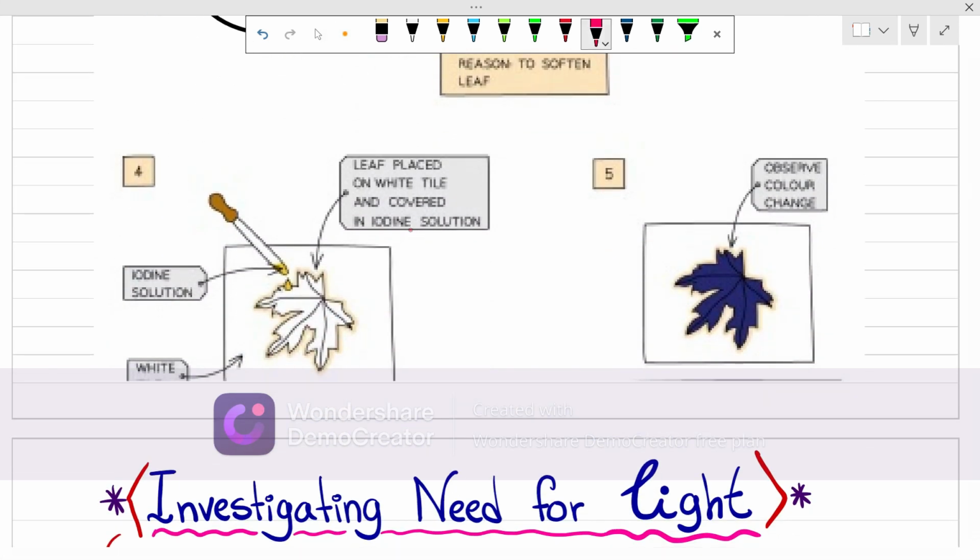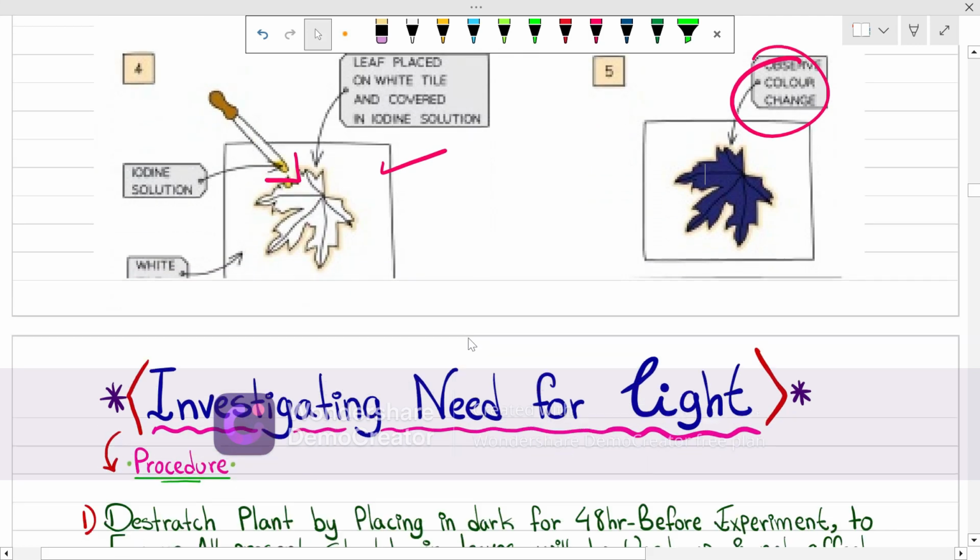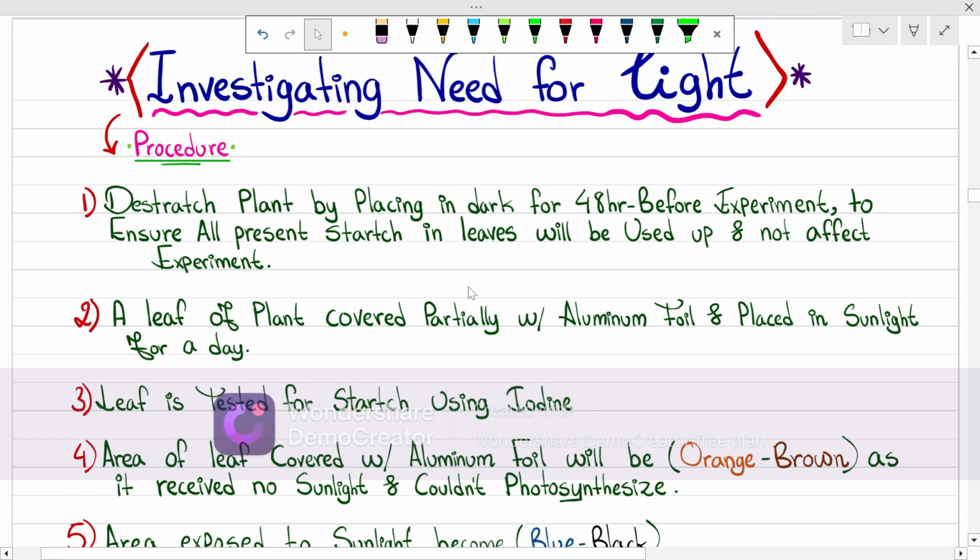After the leaf is softened, we place it on a white tile and add iodine solution to it and observe the color change. Okay, that's the first experiment done. The next experiment is investigating the need for light. The procedure for this one: we destarch a plant first by placing it in the dark for 48 hours before the experiment